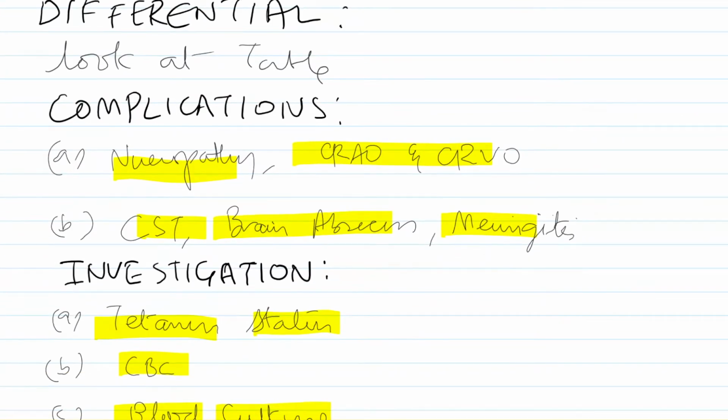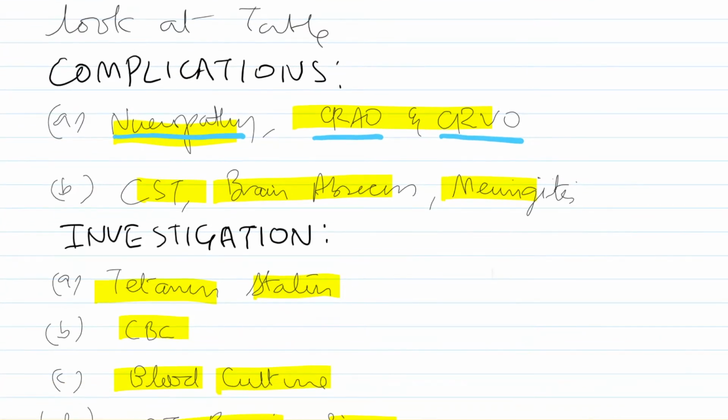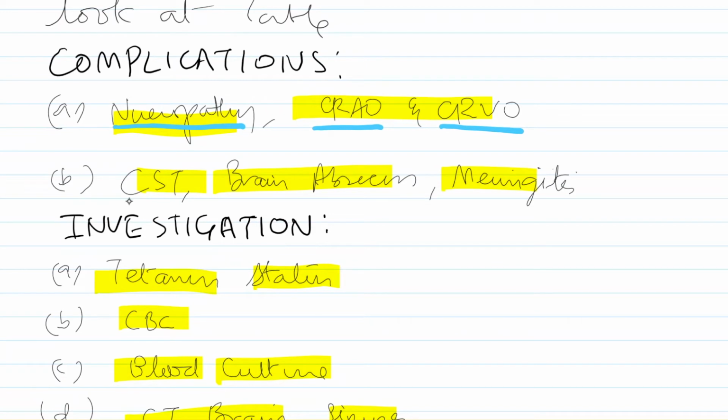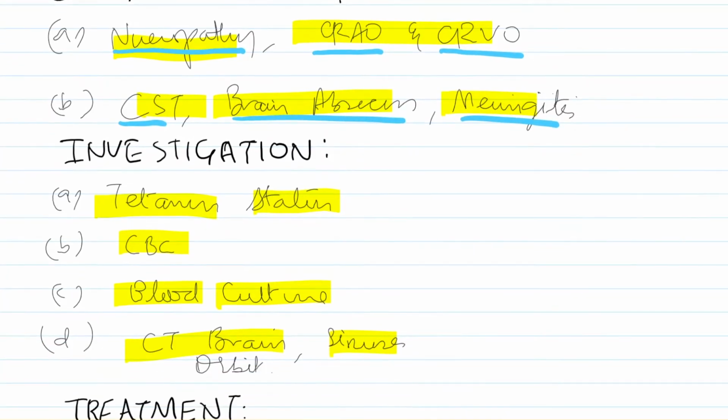So looking at the complications that are possible in a case of an orbital infection, there is always a neuropathy due to compression of the nerve. It could be a CRAO, CRVO, again due to irritation of the vascular system of the eye, which causes an embolus to be lodged into the central retinal artery or the central retinal vein. Then it could also undergo a cavernous sinus thrombosis if it involves the cavernous sinus. Then the infection or the pus could go into the brain and cause a brain abscess